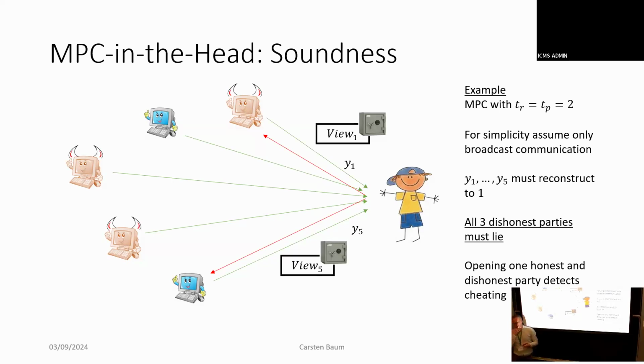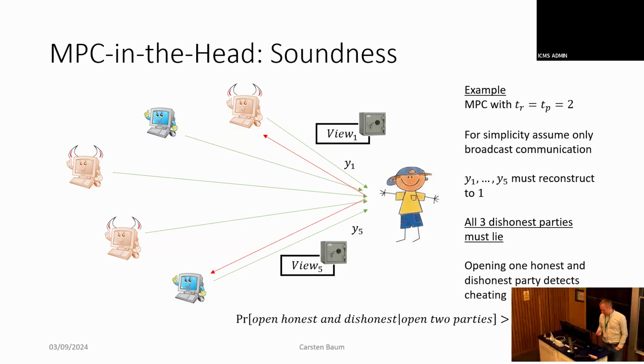Yes, more questions. Can you get negligible soundness right away without parallel repetition here? In this setting, no. Wrong. In this setting, you can. You need to tweak the parameters of the MPC scheme in a clever way. You don't get away with something as simple as what we're going to see. Ligero, for example, is a protocol that gets that by just running one multi-party computation. You can get negligible soundness. But the very simple MPC-in-the-head schemes don't get that. There you need repetition. Okay, one more thing, which is zero knowledge, and then the by now overpromised coffee.